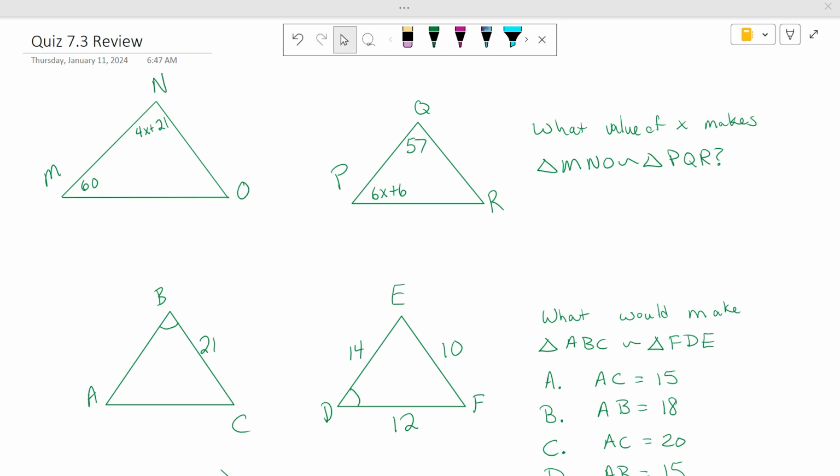What do we know about n and q if these are similar triangles? Because n is the middle letter, q is the middle letter. They are equal. Thank the Lord. We got some people to respond. Okay, so they're equal. So when two things are equal to each other, we write an